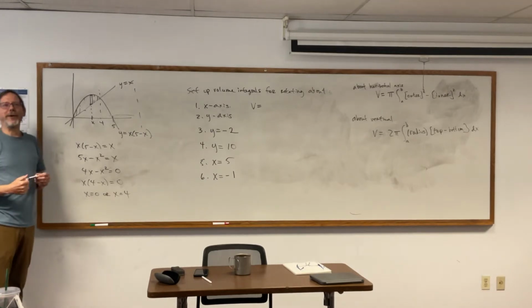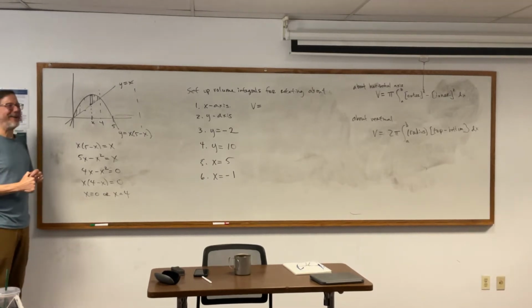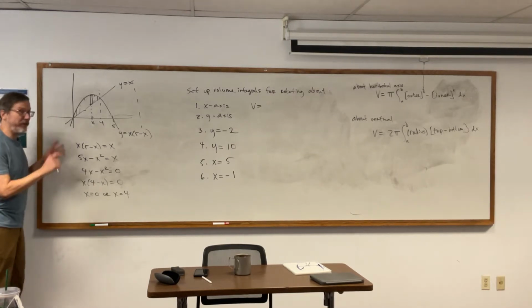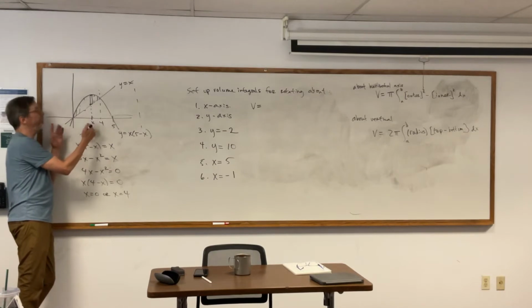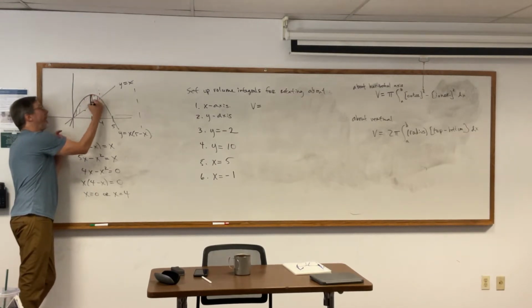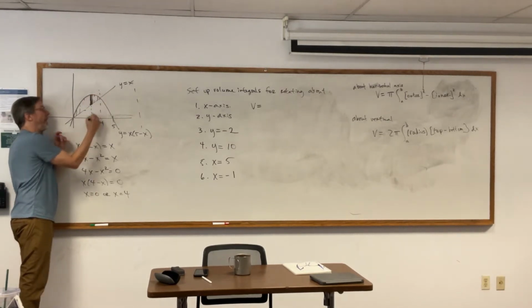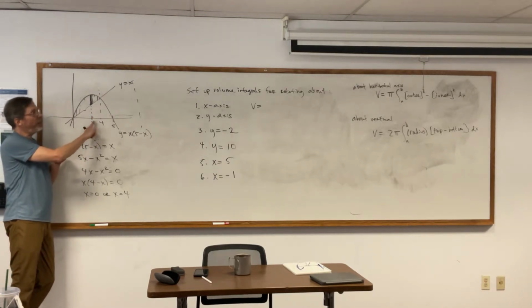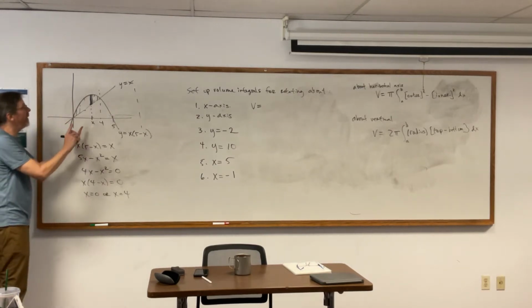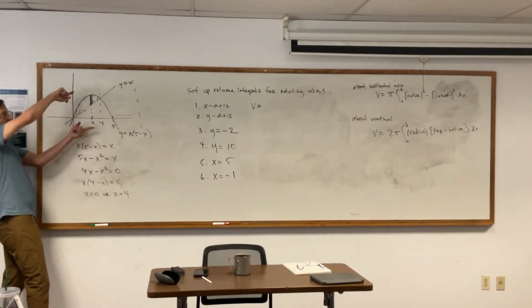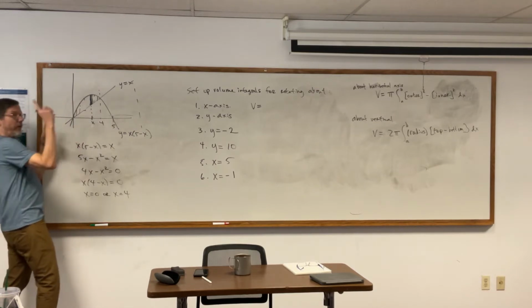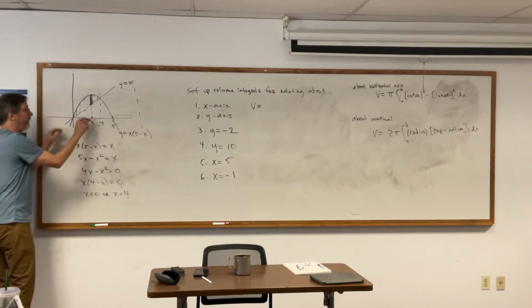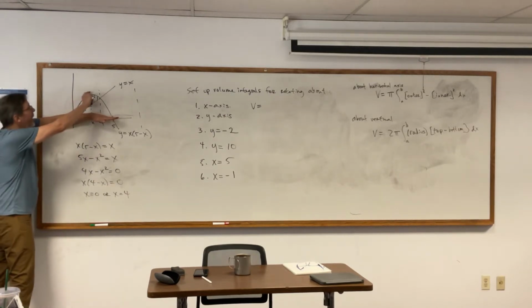Why don't we just talk about the first couple? How about we do that? I think that sounds like a good thing to get us warmed up. So the key thing is get your picture made, figure out your bounds, and draw an arbitrary slice. I like to label it just x because I need to know the coordinate of that slice. And remember, the game here is we're spinning these slices around either a horizontal axis or a vertical axis. So for the first one, I'm going around the x-axis. So that means I'm spinning around this thing, and I'm going to get